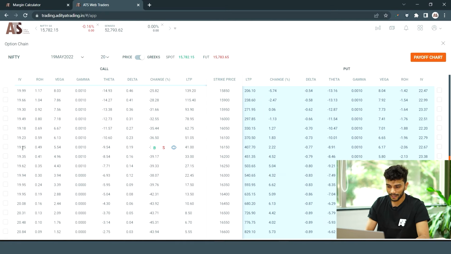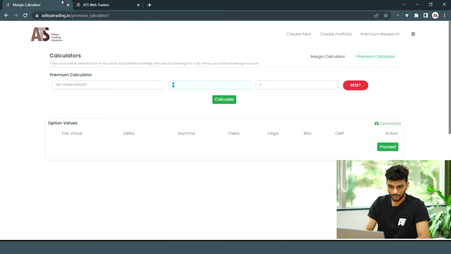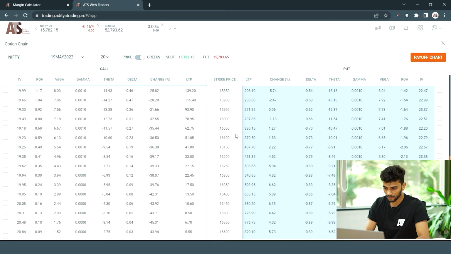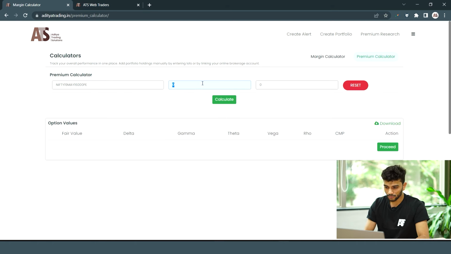IV means implied volatility. We have entered 16,000 PE. So let's see what the volatility rate of 16,000 is. The 16,000 PE volatility rate is 22.51. If you're not an ATS customer, then the first thing you need to do is open a demat